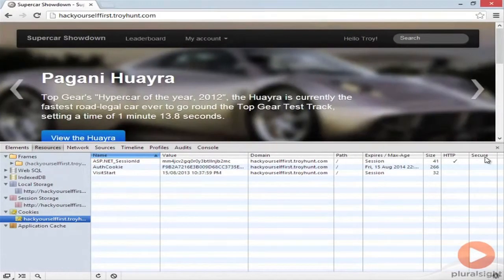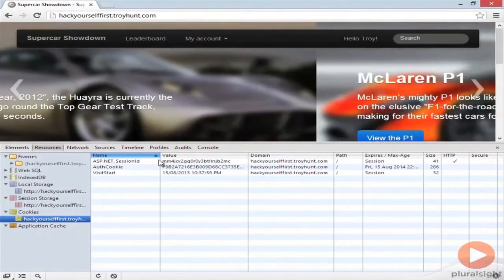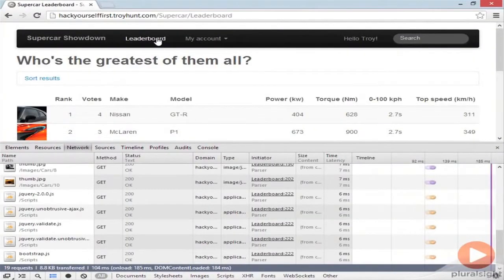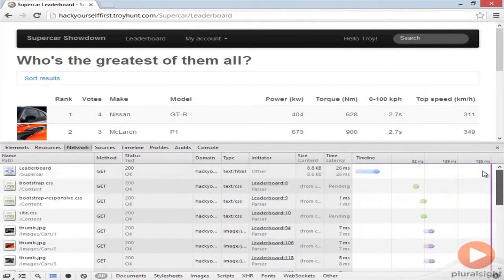The other thing we're going to use quite extensively is the Network tab. And what we'll find on the Network tab is all of the requests that the browser has issued. So let me show you what I mean by that. I'm going to go up to the leaderboard, and what you can now see down in this Network tab is a whole bunch of requests. If we pick, say, the first request, which was the request for the HTML page